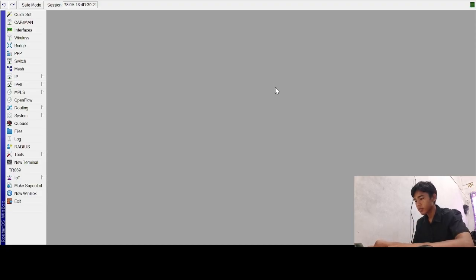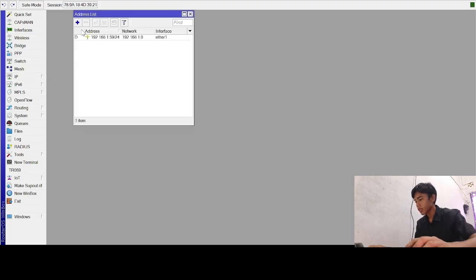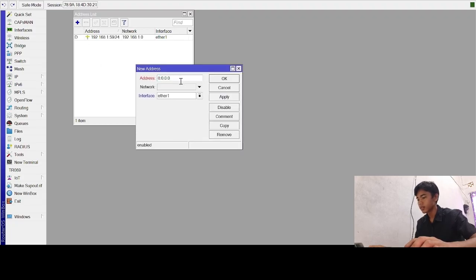Okay, to make sure the clients in both VLANs can get an IP address, I will add an IP address for each VLAN. Go to the IP menu, select address, then click add.